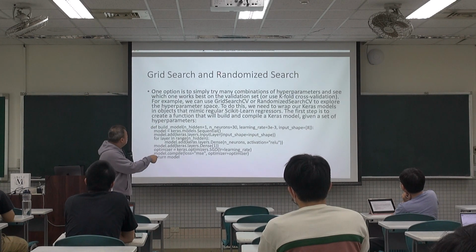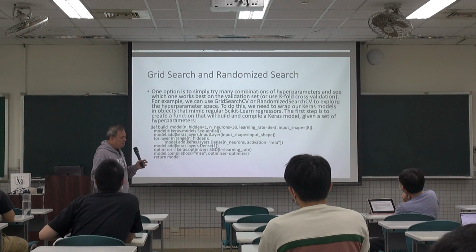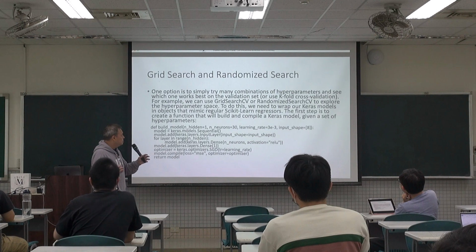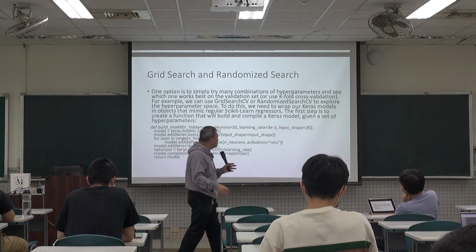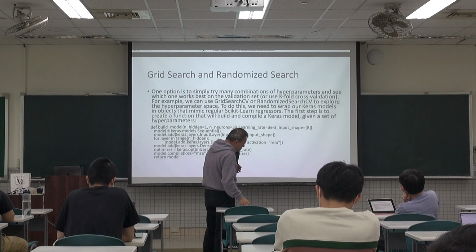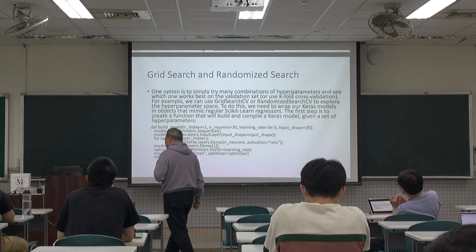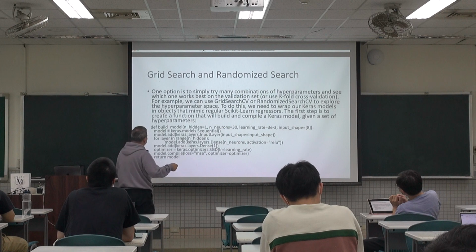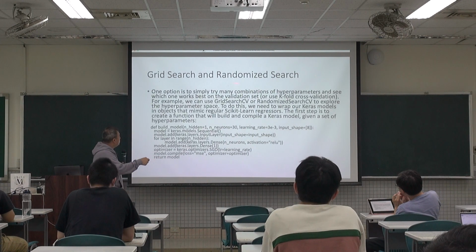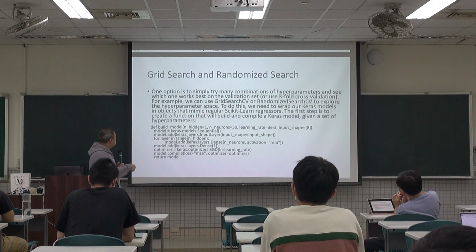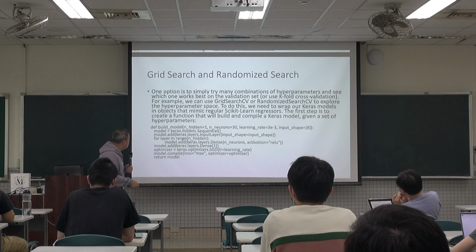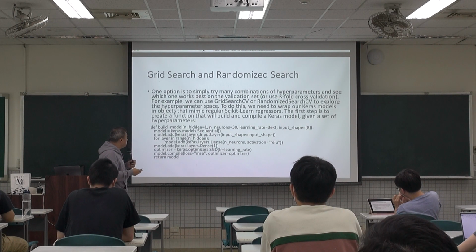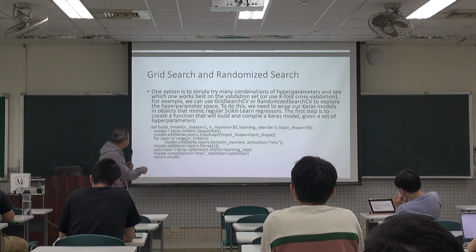But the randomized search doesn't try all the combinations, so you spend a shorter period of time exploring the search space, but it normally gives you a very decent result already. So you can follow this example to try it, because you define a model, define a build